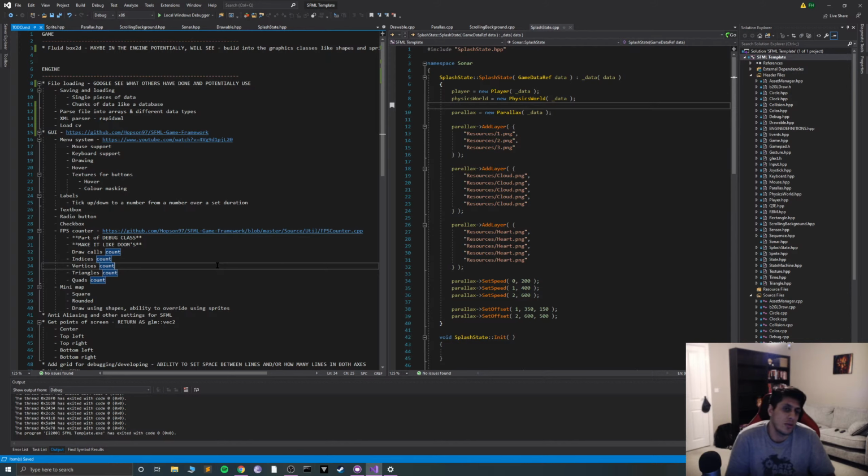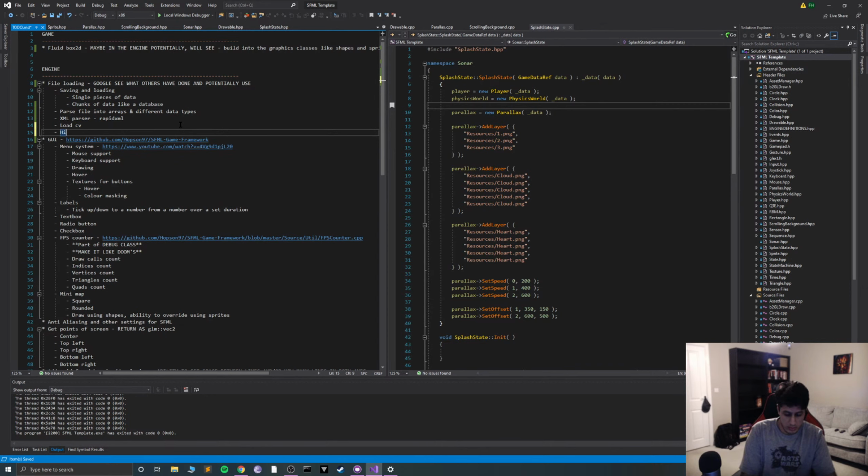Okay, so file loading. I was doing this file loading. So let's say if you had a bunch of high scores, 5 high scores. I'm gonna do some sort of high score loading system. Obviously you can create your own more advanced one, but for that you just have, I don't know, name, date slash time and score.